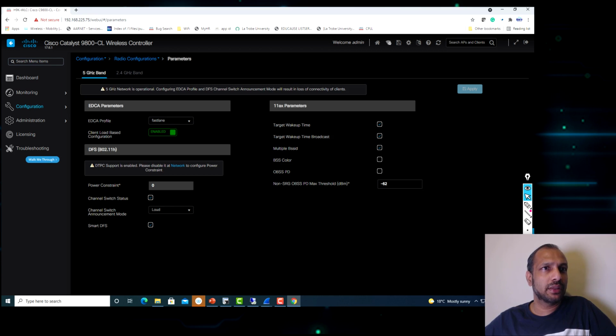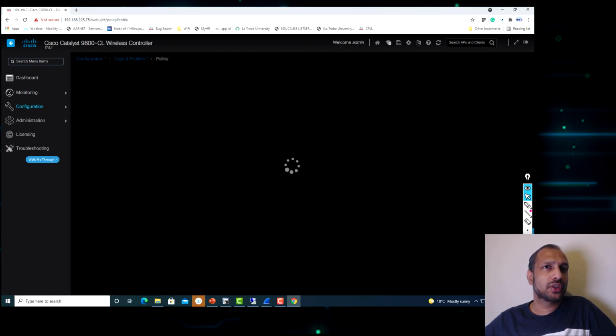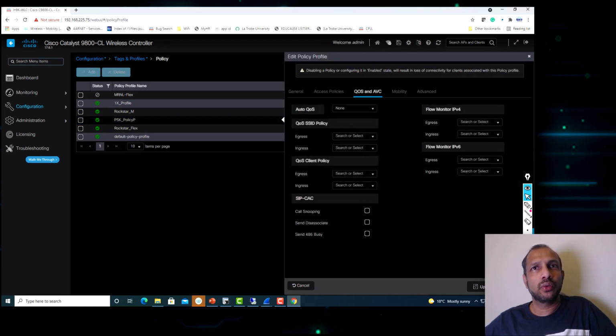If you want to set an EDCA parameter, leave it at fast lane. And in the AP WLAN policy profile, if you want to change the auto QoS value, let me go to the PSK policy, auto QoS value here. So the best practice is setting the fast lane value.